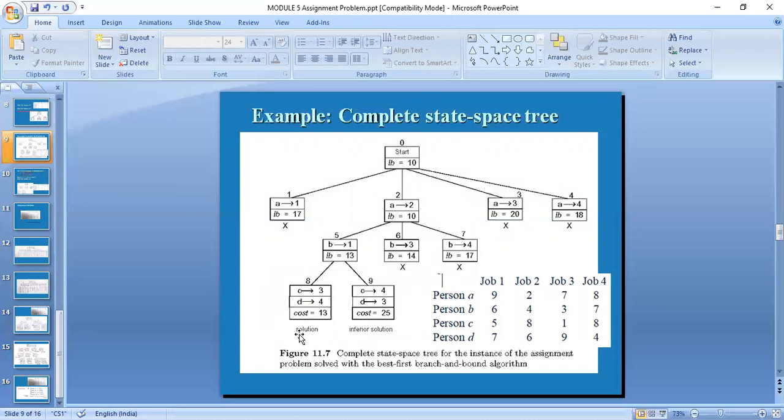Now, here, when you are in this level, if you take 13, you have compared with 14 and 17. You need to also compare with node 1, 3 and 4. If any of these nodes have a least value, either 13 or less than 13, then we have to do this also.